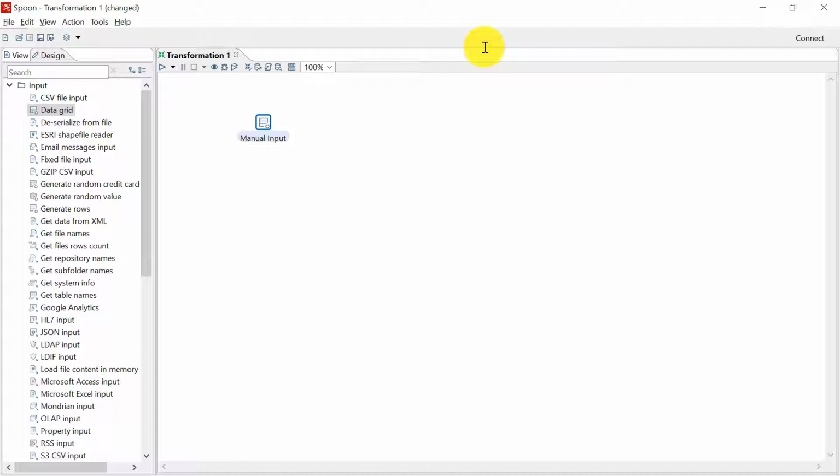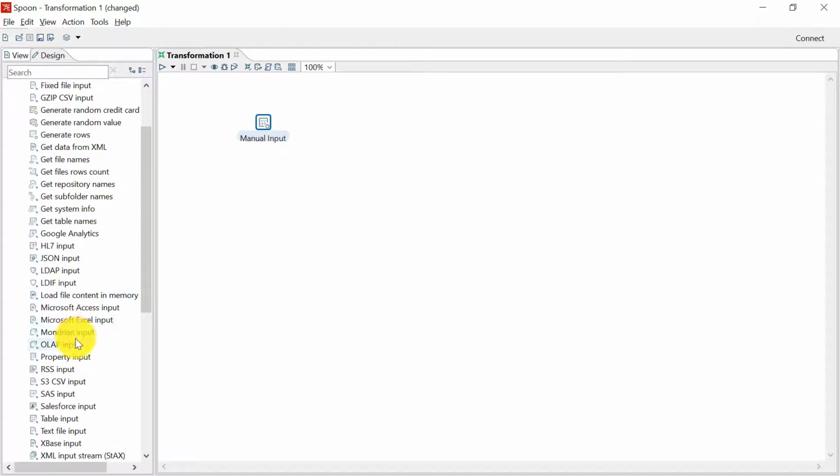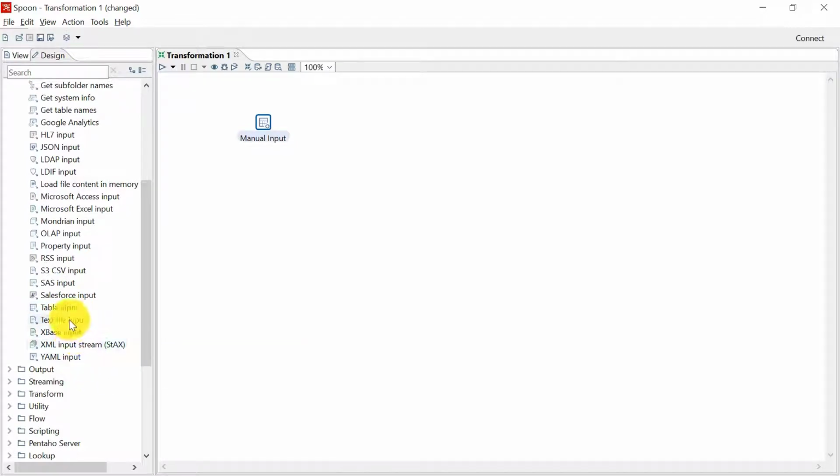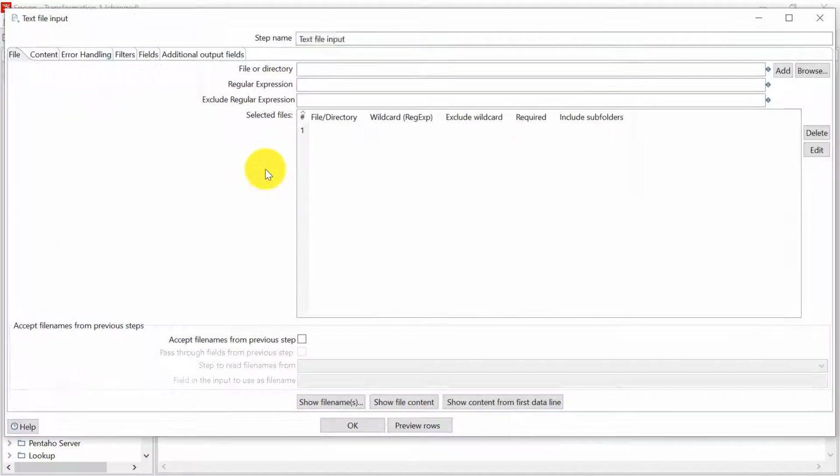This is the same transformation that we had created in the last video. Now below this manual input step, I'll drag and drop the text file input step. Now to configure this step, we will double click on it.